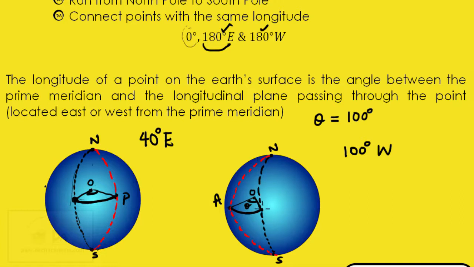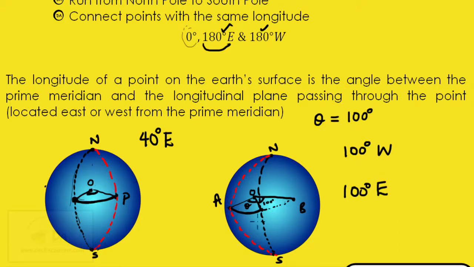because point A lies to the west of the prime meridian. Now there could be another point 100 degrees away from this prime meridian, and I'll call that point B. Again, I just located the center there, even though that's not the center, but let's say that was the center. The angle formed as one moves from the prime meridian to the point B, the angle formed at the center of this sector I just formed, is the longitude of point B. Let's say this angle is also 100 degrees. The longitude of point B is 100 degrees also, but 100 degrees east because point B lies to the east